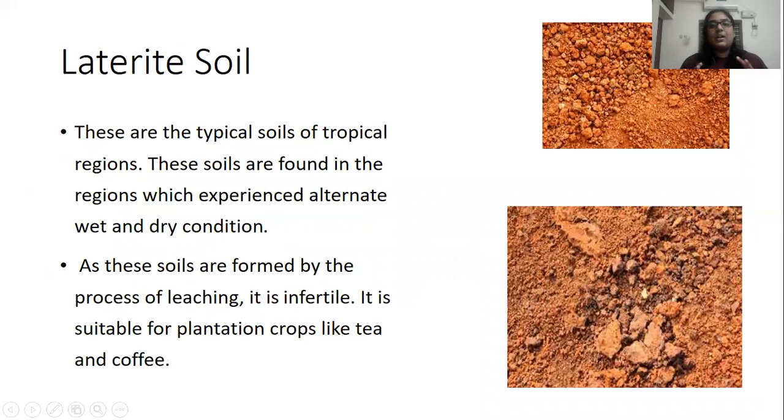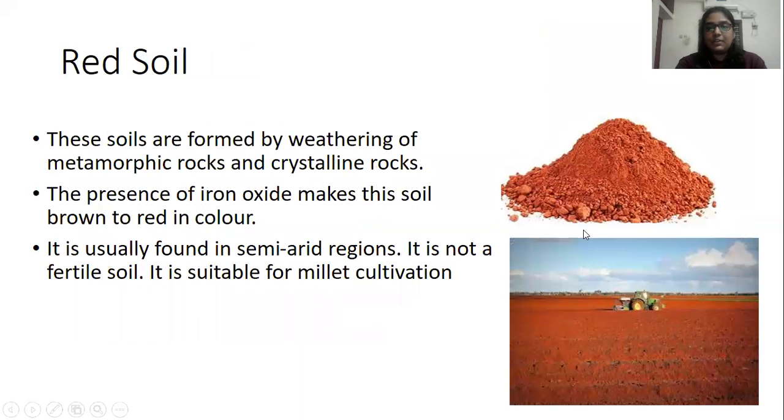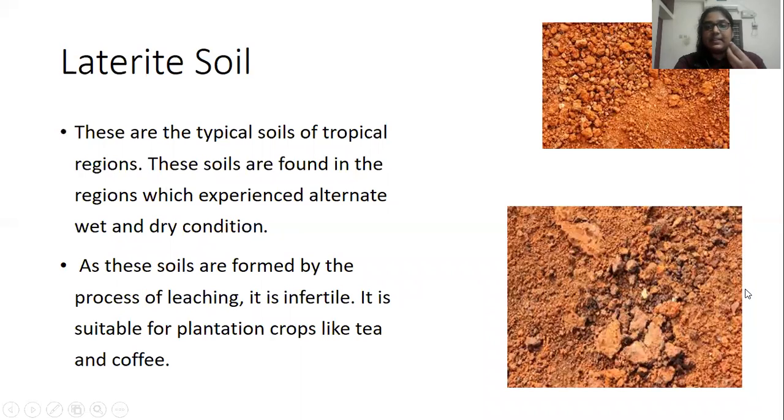Now we are coming to our third type of soil, laterite soil. So let's see what is a laterite soil. Don't confuse it with red soil. See the pictures here. It is also brown in color, light brown in color, and there are lots of stones also. You can see stones in it, right? In red soil, you can't see that many stones. Here there are some stones, and it is a little bit dry also.